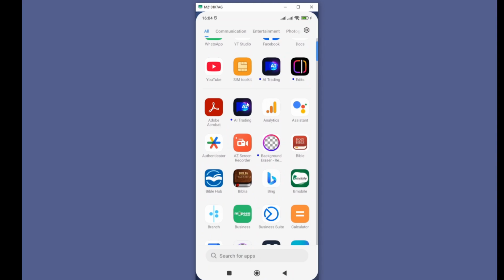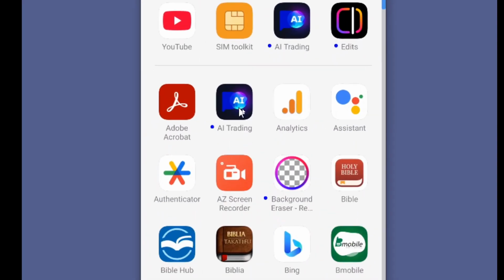Hello. In this video, I'm going to show you how you can install the right Pocket AI trading app on